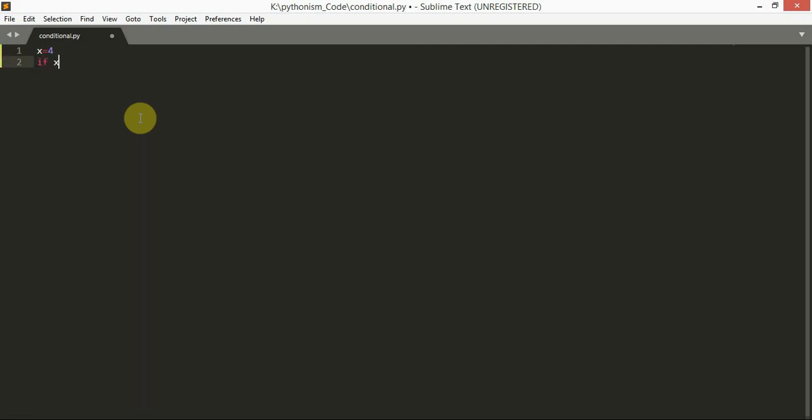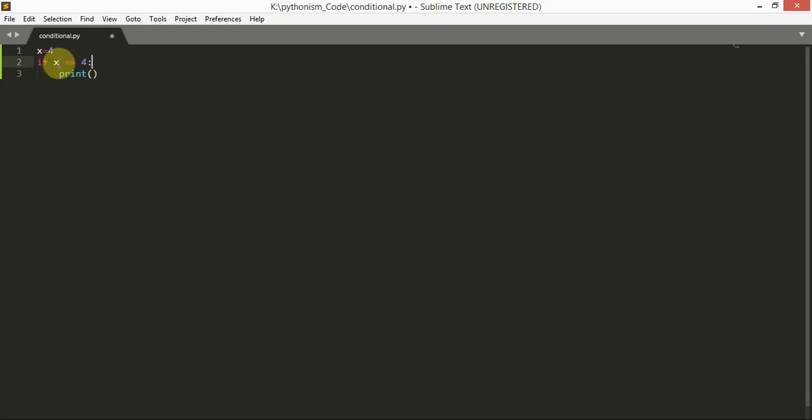Then I am checking whether that x value is equal to 4 or not. In Sublime Text, it will automatically indent the statement that follows the if statement. If you are using any other editor, you need to indent yourself. In Sublime and most editors, it will automatically give that indent. In this if statement I am checking whether x equal to 4, then a colon. This is the syntax of the if statement.